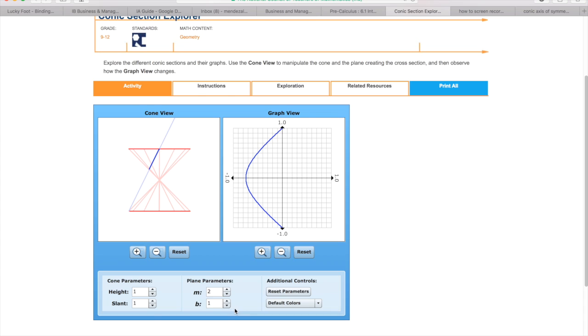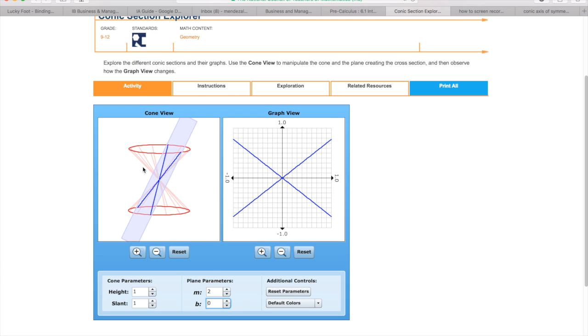As the hyperbola starts to get closer, as it starts to get closer to the origin, once b equals 0, we get this, which lines perfectly with one of the lines here, which tells us the